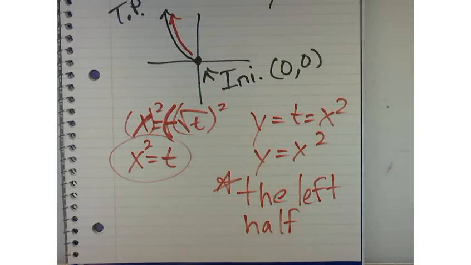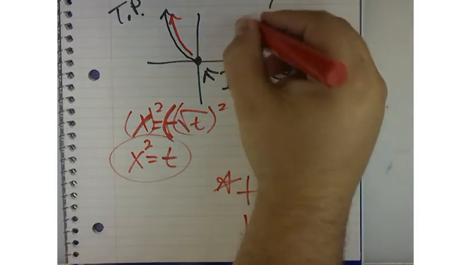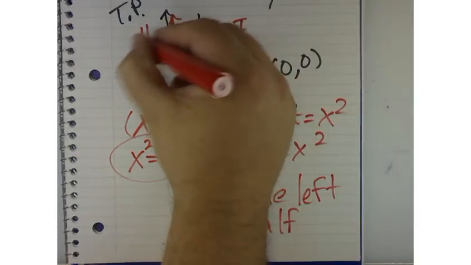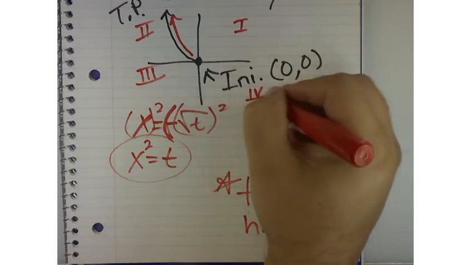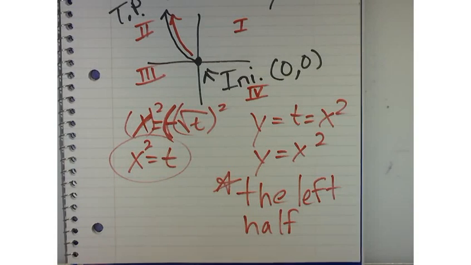Do the quadrants go counterclockwise? Do we go this way? No, 1, 2, 3, 4. The quadrants go 1, 2, 3, and then 4. Okay? This helps